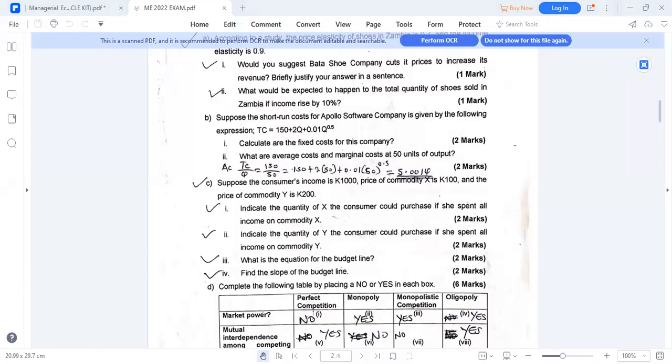Are we following, Penelope? Are we together? Yes, ma'am. All right. So are we moving together? Yes, we are. All right. So now we can look at